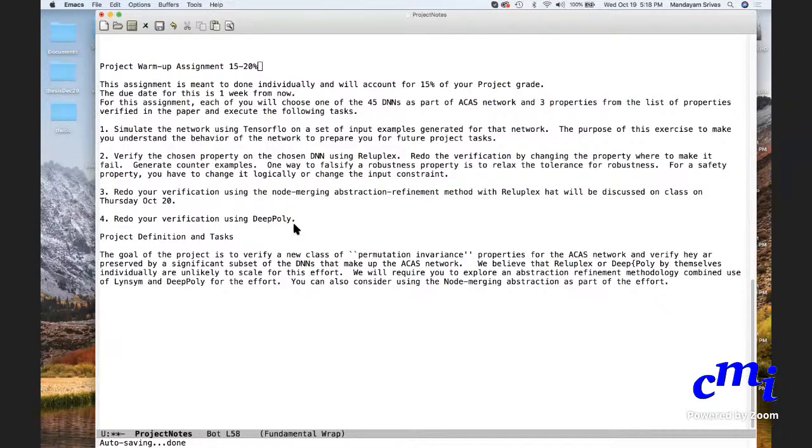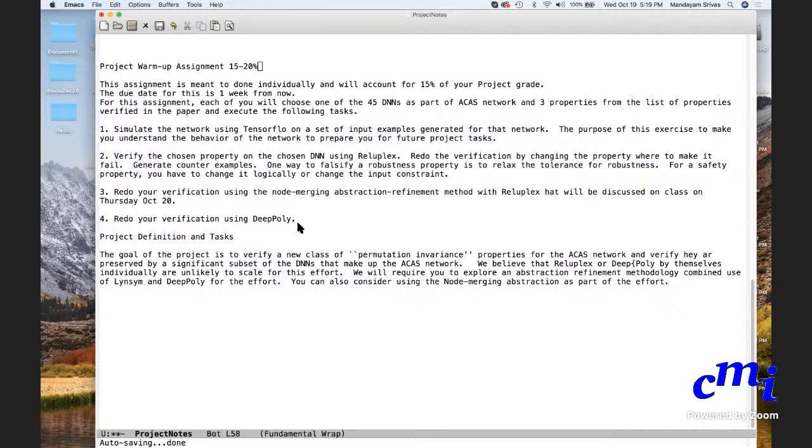The purpose of this exercise is for you to get your hands dirty with DeepPoly early enough in the project cycle. So what I'm having you do is to verify the same property that you have chosen, to see if the over-approximation is tight enough to verify any of those properties.